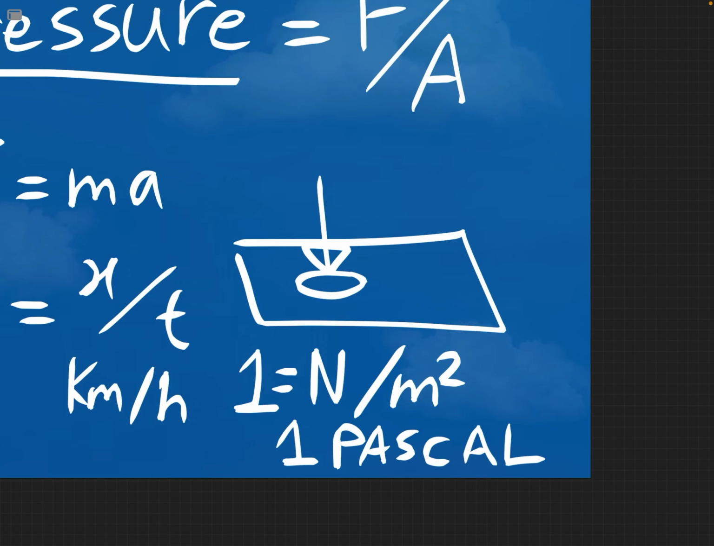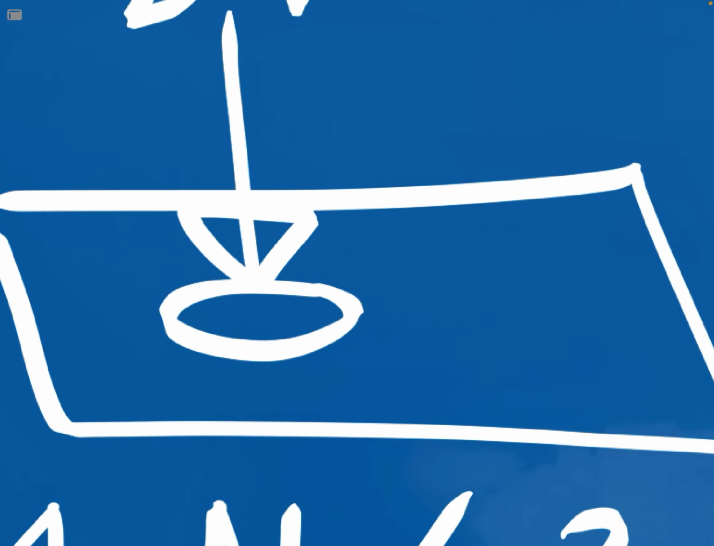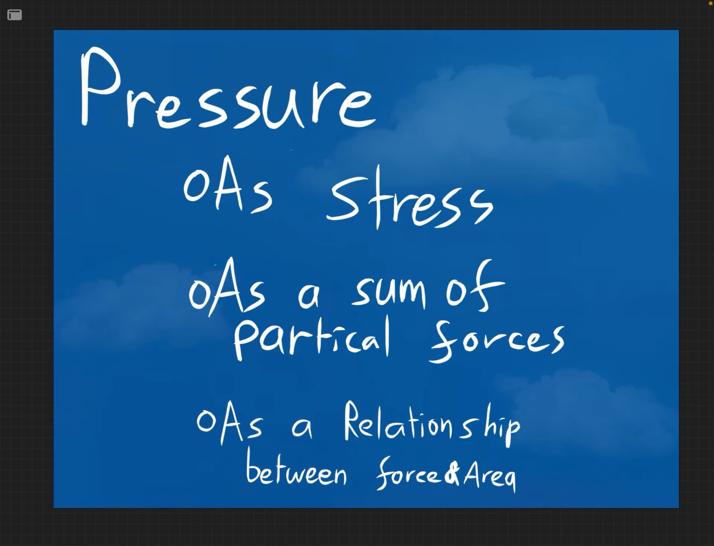So 1 pascal of pressure is the same as applying 1 newton of force on an area that is 1 meter squared wide. So there's 3 different ways that we can view pressure that I'd like to share with you today. Viewing pressure as stress, viewing pressure as the sum of particle forces, and viewing pressure as a relationship between